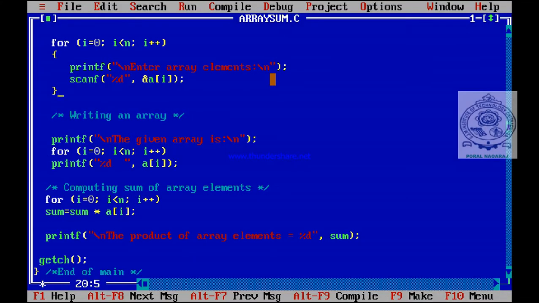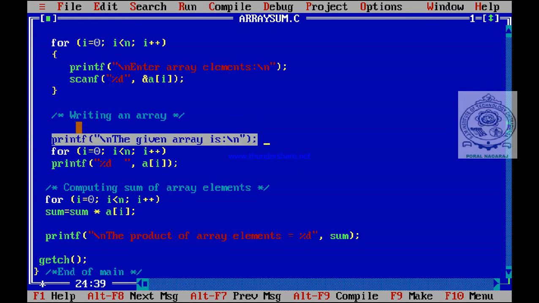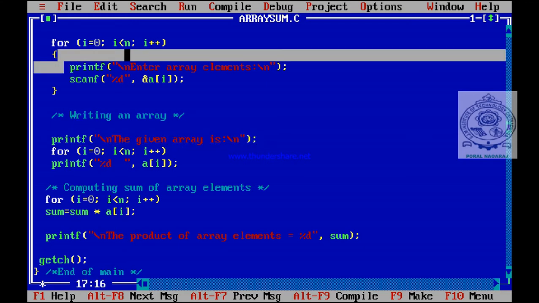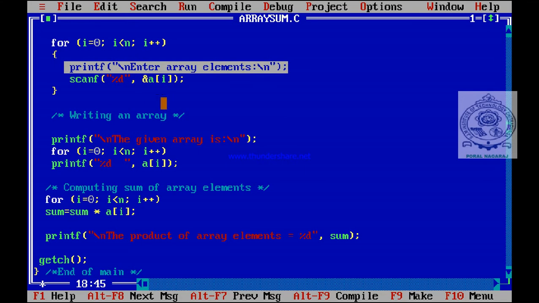So this is how we should be very careful. That's why I say this printf statement should be before the for loop only, like this. Here we have taken it outside the for loop, so it will display only once. If I take the printf statement inside the body of the loop, it will be displayed repeatedly. So you have to notice that. That's why using it here is not suitable, not relevant. So I am going to remove it.